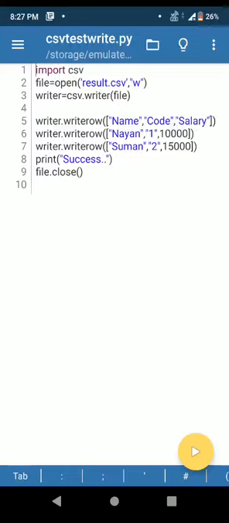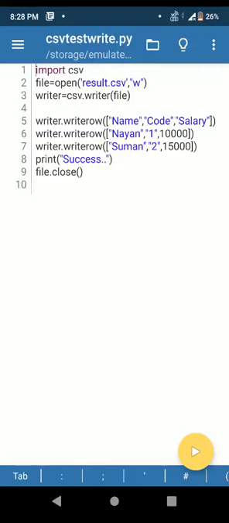Then the mode of file I have given here w, that is write mode. So we have created file object. Now create a writer object using csv.writer function, and in this function we have passed our file object, and we have created an object called writer.